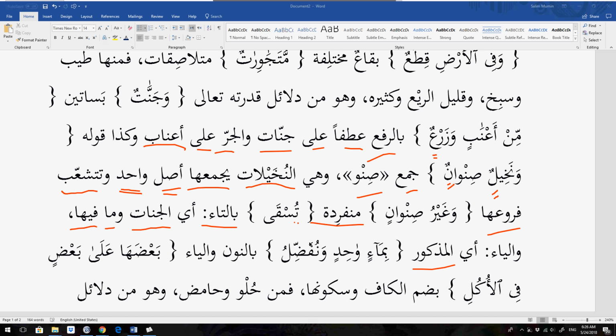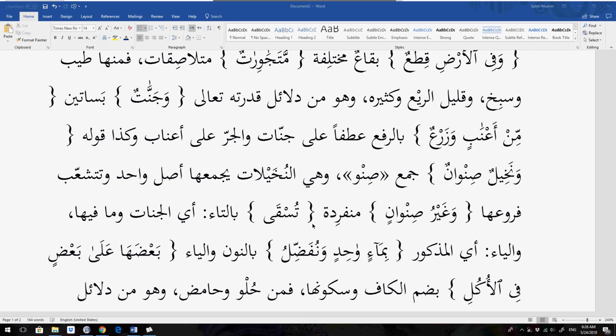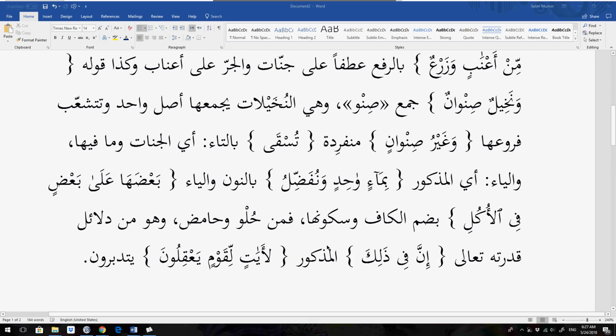I'm not going too much into grammar. We'll do this in the class. But I'm just showing the students now. I'm just doing this for the students in terms of what's being read. It would get quite tedious to do it now, especially having many of you who do not know Arabic.